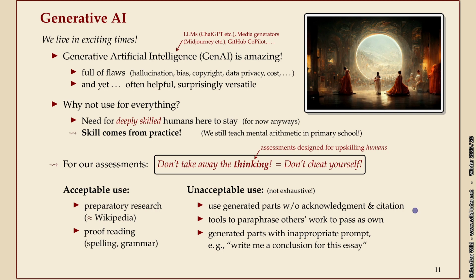What's not okay is to use them to generate large parts of your assessment or your assignments, and in particular, not mention that you've used them. So if you use them for something, at least give them credit and list what you've done. But don't make them co-authors, okay? That's what the major conferences in computer science settled on as the rules for AI in research.